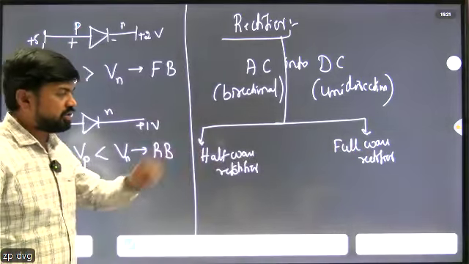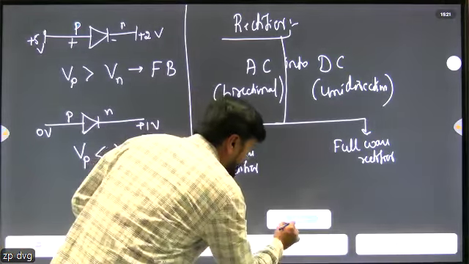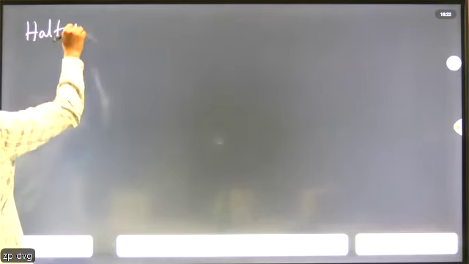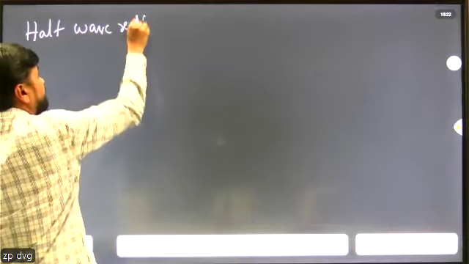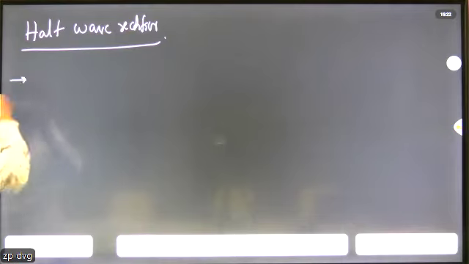Now we can discuss some formulas related to what? Rectifiers. First, I am going to consider the half wave rectifier. Half wave rectifier. In case of half wave rectifier, the average output in one cycle